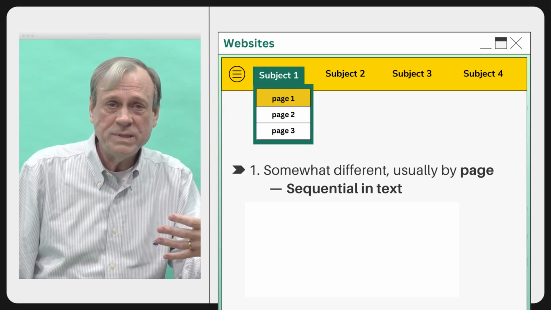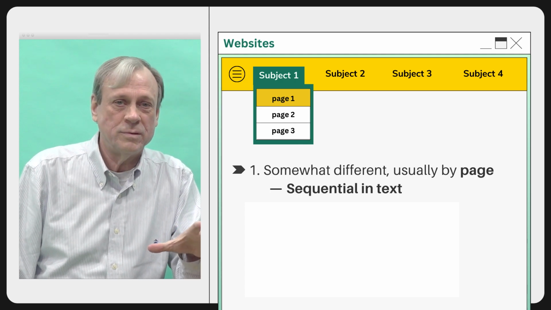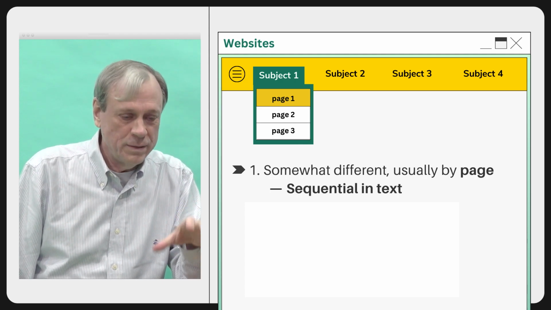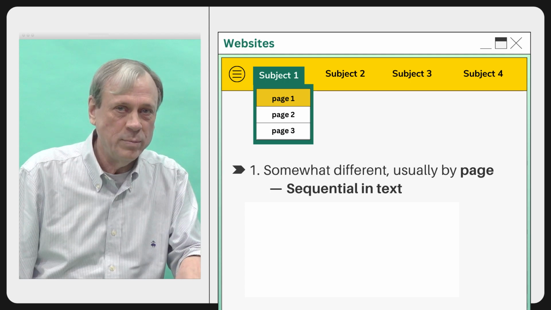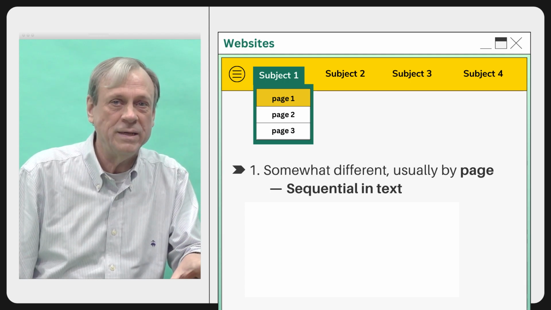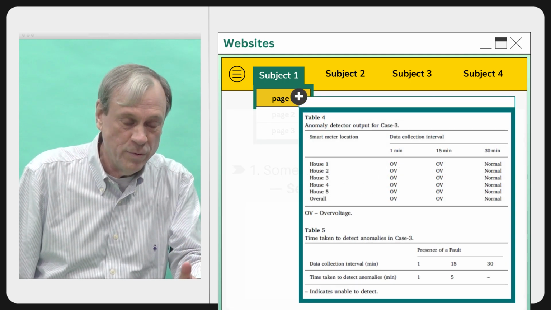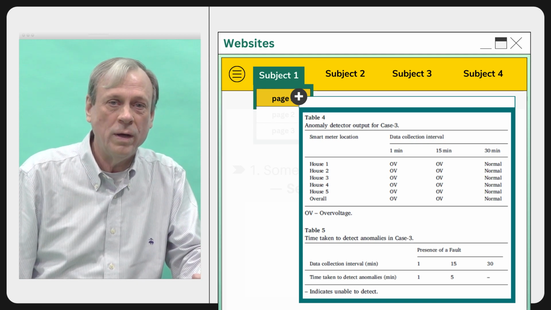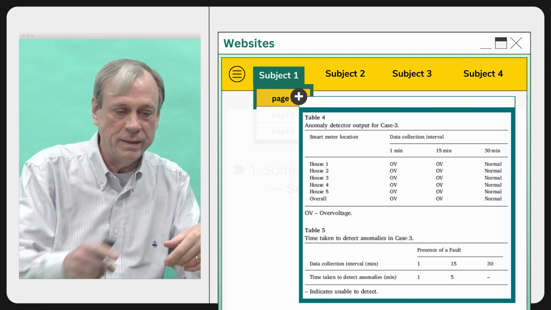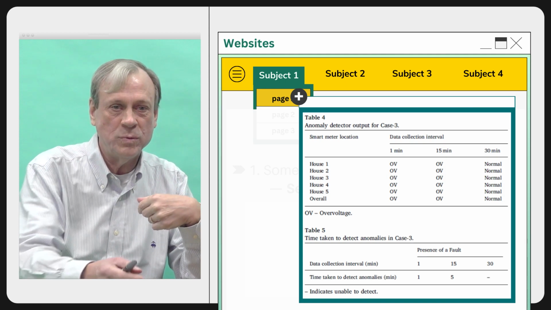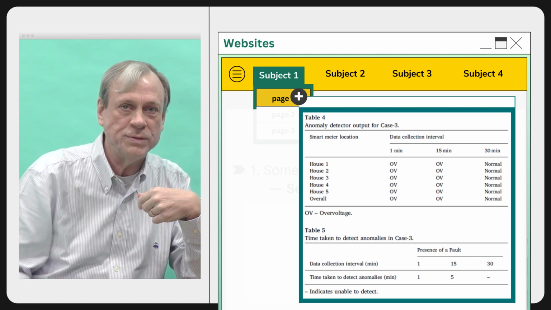And then websites are sort of a different creature altogether, because usually figures and tables are shown by the page they're on. So you may have several table 1s within the larger website, but each clickable page will list them in order, table 1, table 2.